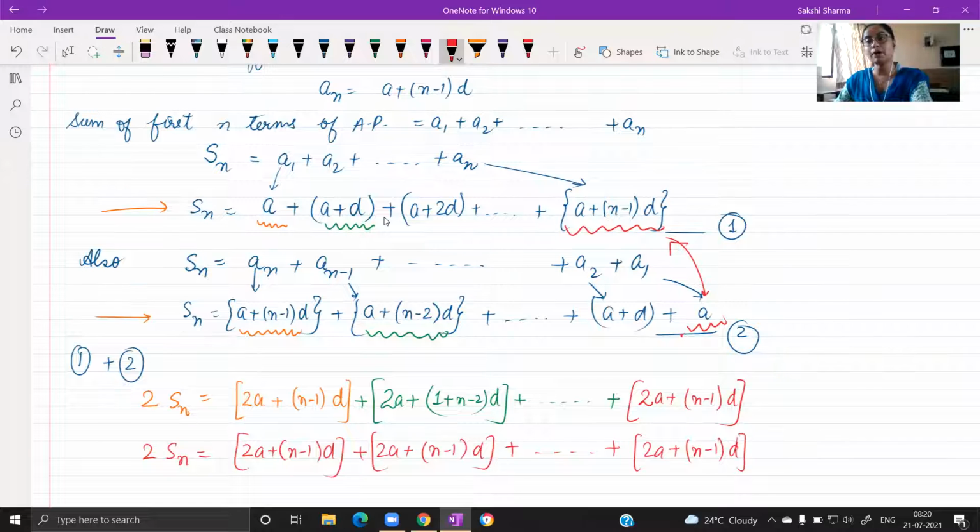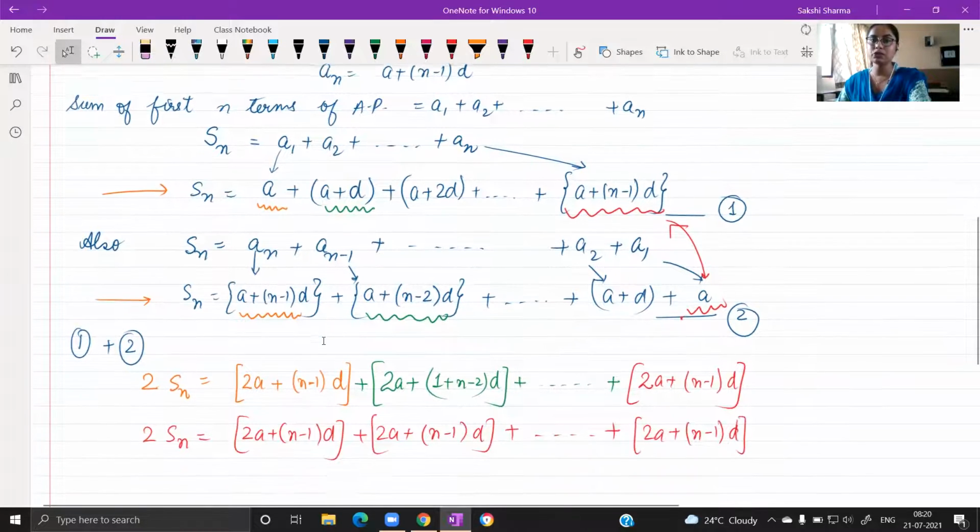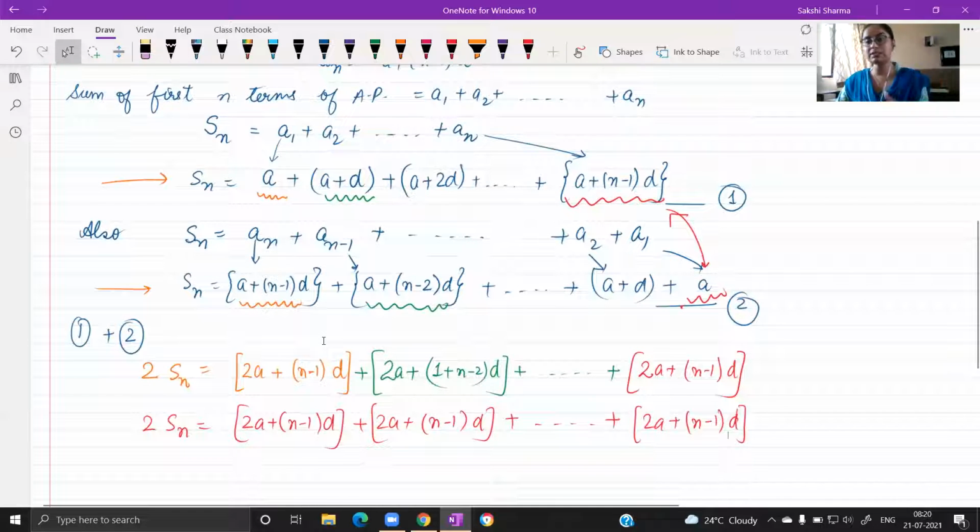Repeated addition को आप लिख सकते हो as multiplication if you know how many times the addition was performed. अगर उसी किसी भी वैल्यू की एडिशन हो रही है repeatedly, for example if 2 is being added 5 times, the answer can be given by 2 multiplied with 5. If 10 is being added 10 times, then the answer can be given as 10 multiplied with 10. So here this bracketed expression has been added multiple times.